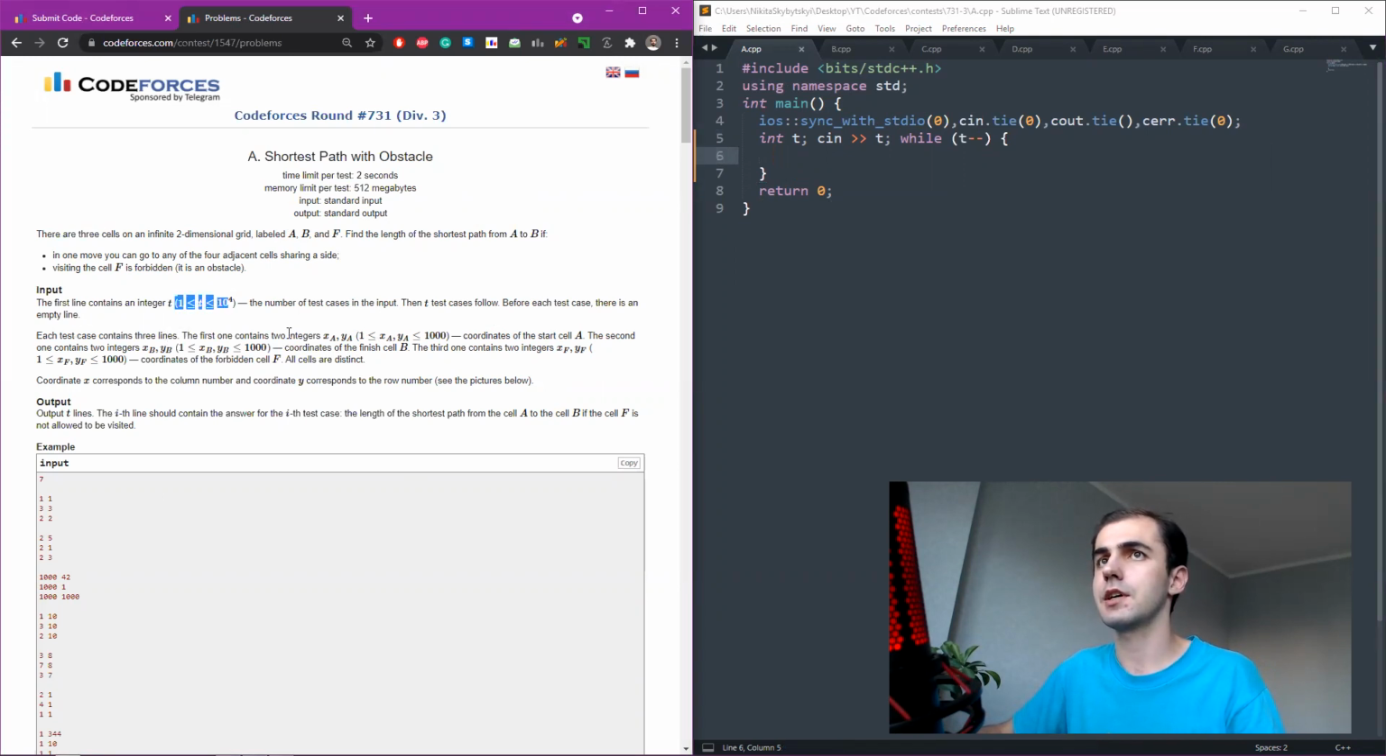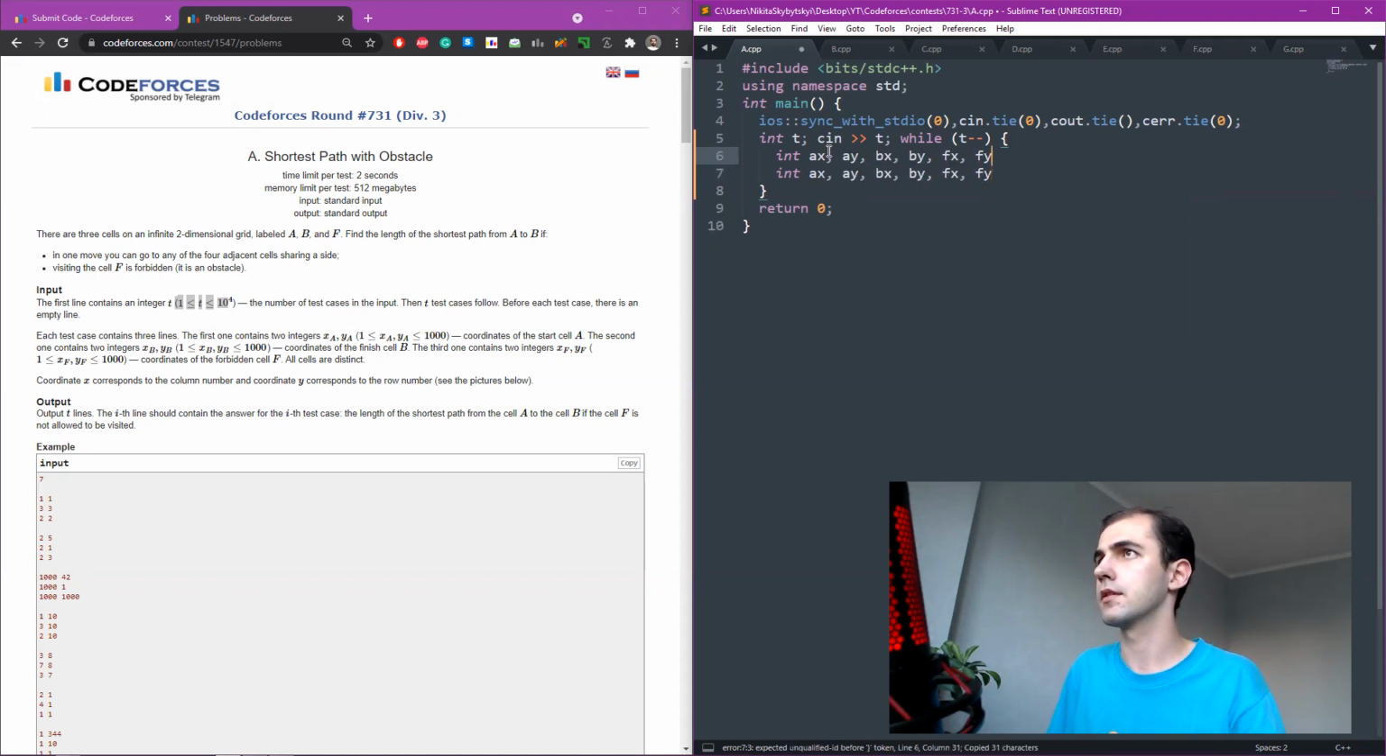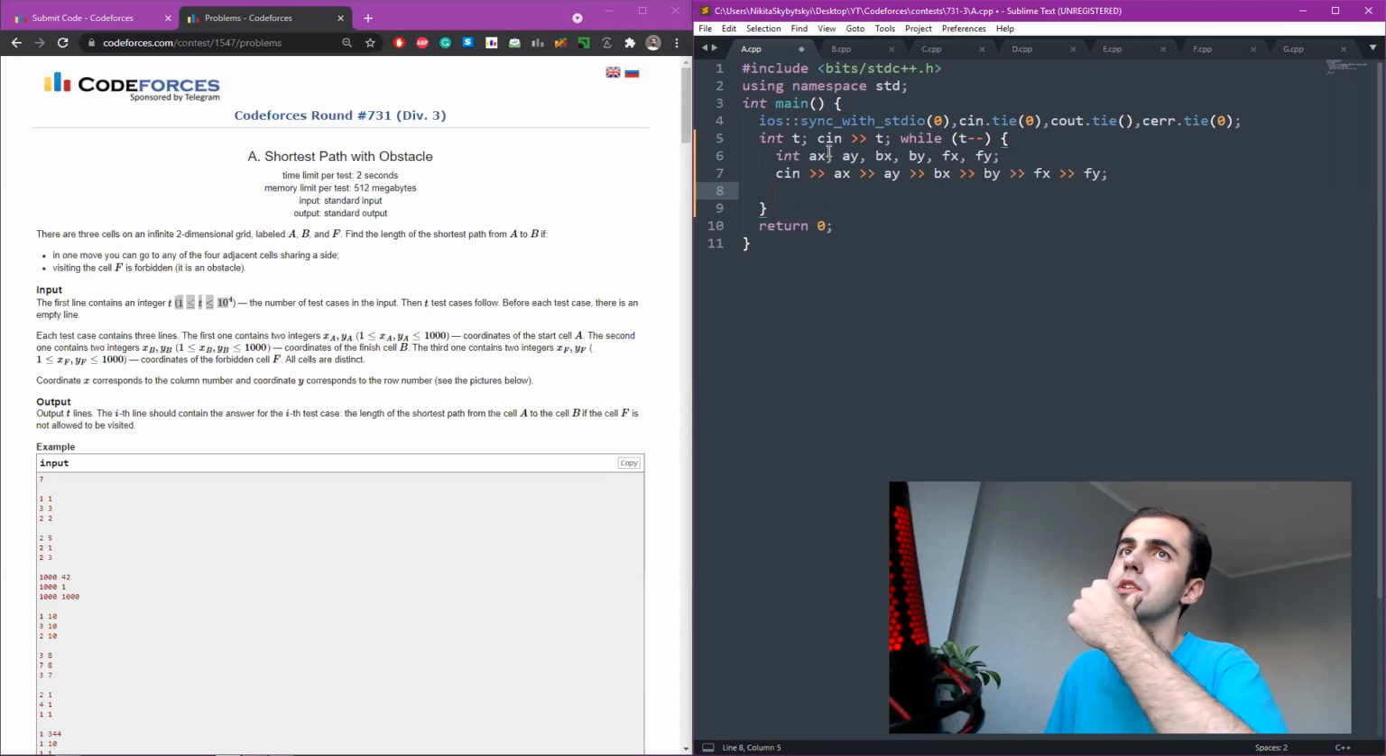So each test contains 3 lines: X, Y of A, then AX, AY, BX, BY, FX, FY. Right? So what do we actually need to do? In one move we can go to adjacent cells, and visiting the cell F is forbidden since it is an obstacle. Okay, so the only